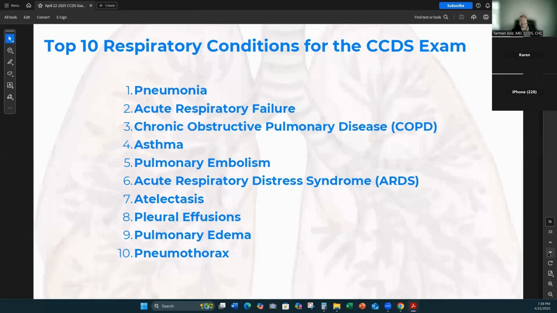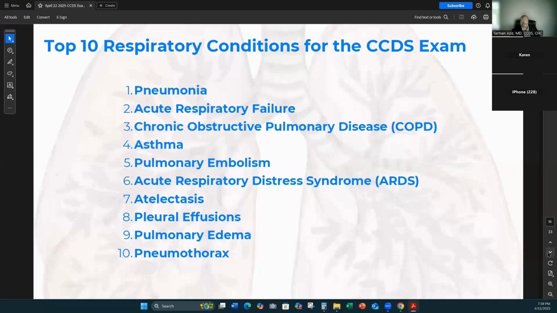Pulmonary embolism, technically it's a disorder of the circulation, but because it involves the lungs and the blood vessels of the lungs, it can also be considered a respiratory condition of sorts. And so it makes the list just because of its association with that particular set of blood vessels. And we talked about PE last time and the value of having acute versus chronic explicitly stated in documentation, as well as if there's any associated heart strain and or cor pulmonale, where you essentially have acute right-sided failure in some cases. That's common with large saddle emboli or other larger territory pulmonary emboli.